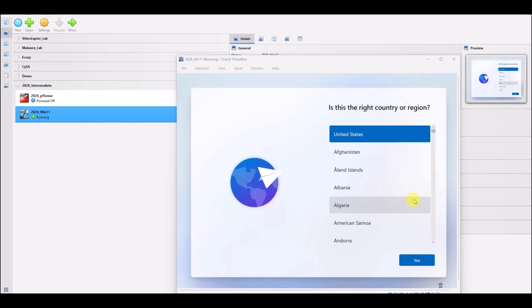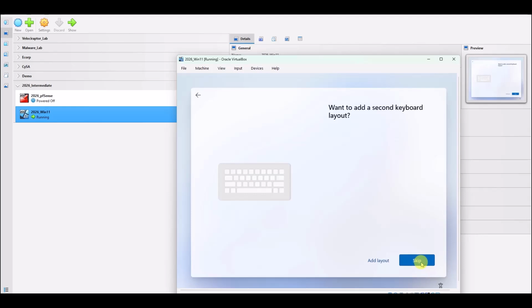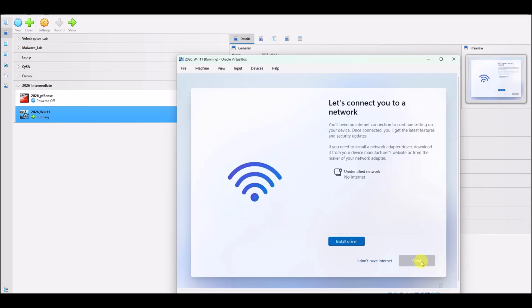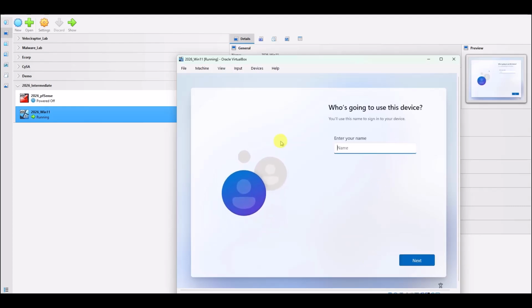Okay, so after that part of the installation is done, now we can just configure it. So I'm configuring this for the United States. The US keyboard. Skip the second keyboard layout. And this is all your preference. At this point, we want to put I do not have internet, because what it will try to do is get you to connect to